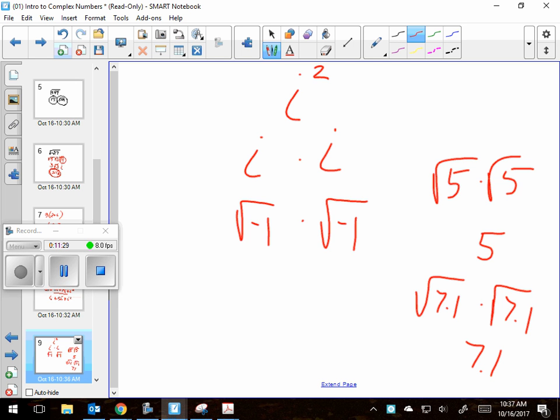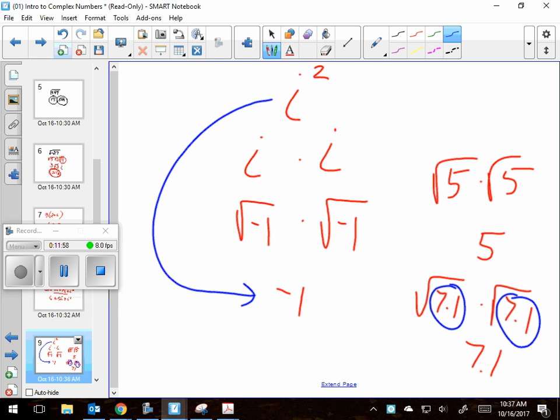So what do you think i squared is? Well, I'm not sure. Just wait, let me finish it because I need somebody to see this. It's not 1. Yes? It's -1. What I said a second ago is that when you have two things that are multiplied like this, the answer will be whatever's underneath the root. Moral of the story, after all of this, is that i squared is -1.